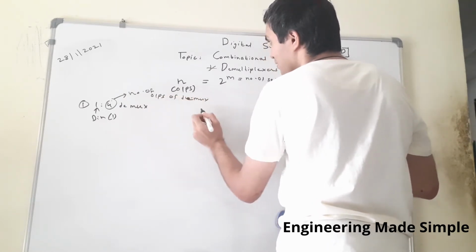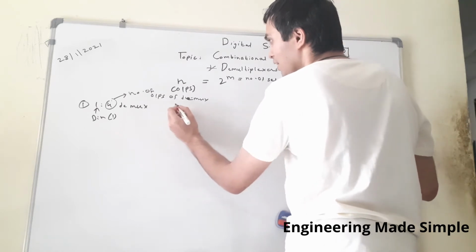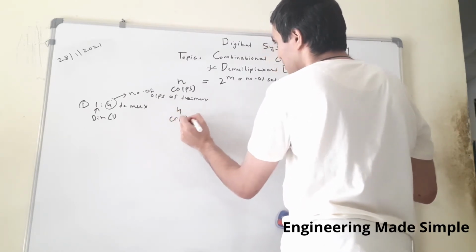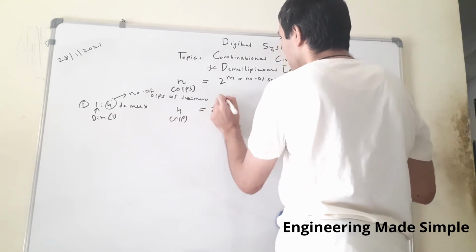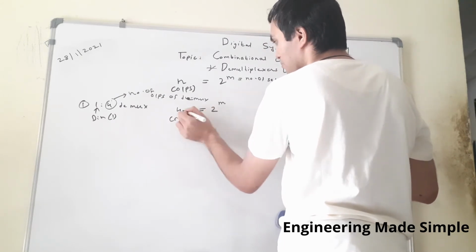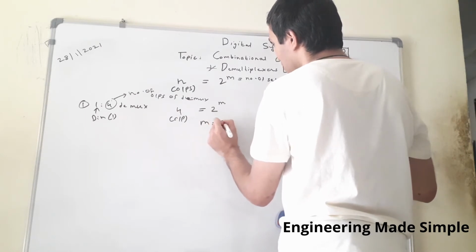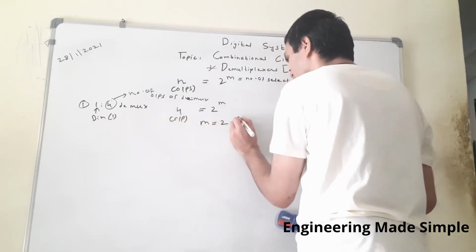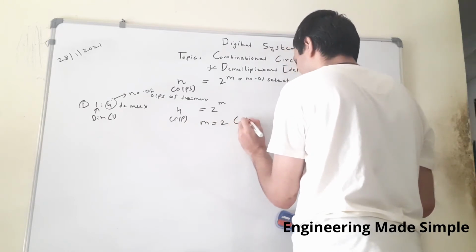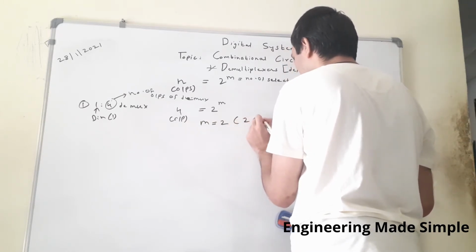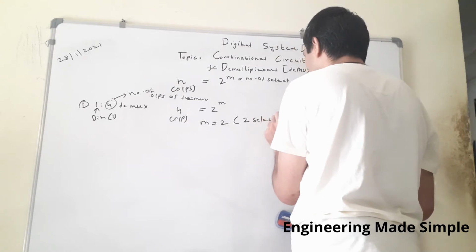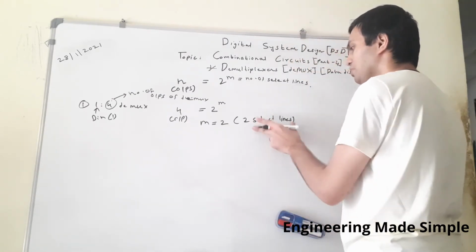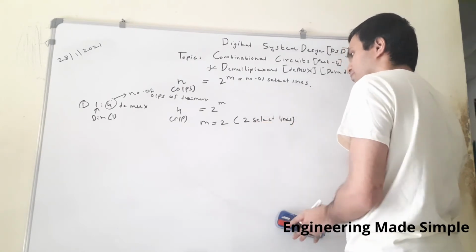So now we are studying 1:4 demux. Here 4 outputs of the demultiplexer are present. So how many select lines will be there? 2^m is equal to 4, so m is equal to 2, because 2^2 will give me 4. So we need 2 select lines. So let us start developing the circuit for 1:4 demux. From this we obtain the number of select lines.